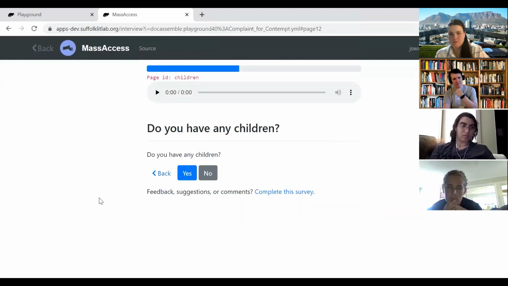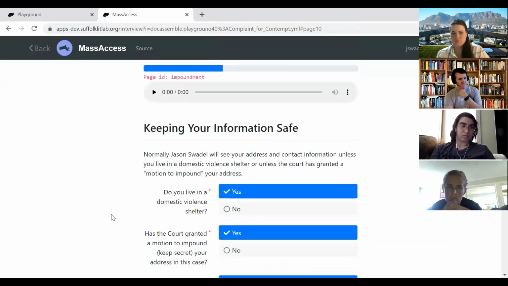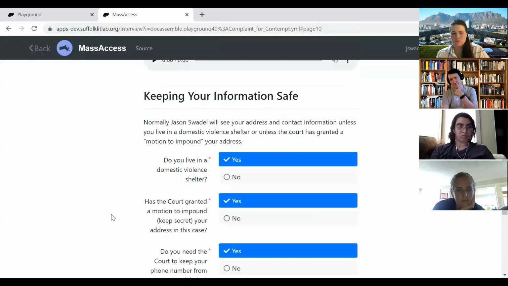On that impound screen, I'll go through some little teeny readability edits. You just want to take out the parentheses around secret. So should it just be motion to impound? I think actually I would take out the keep secret altogether, because if the court's granted a motion to impound, you'll know that.